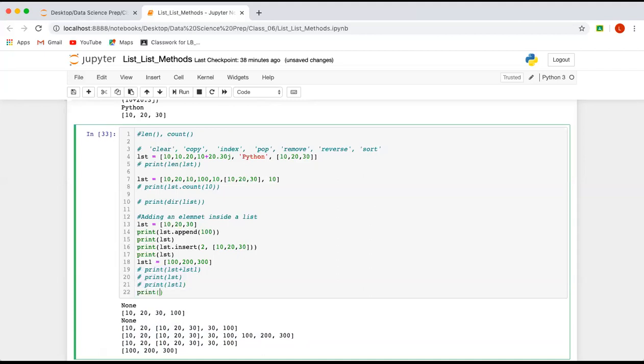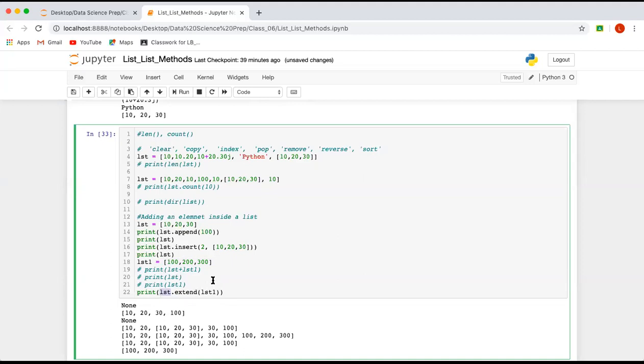For example, if you want to extend lst1 into lst, you write lst dot extend lst1. It means lst1 should be extended into lst.